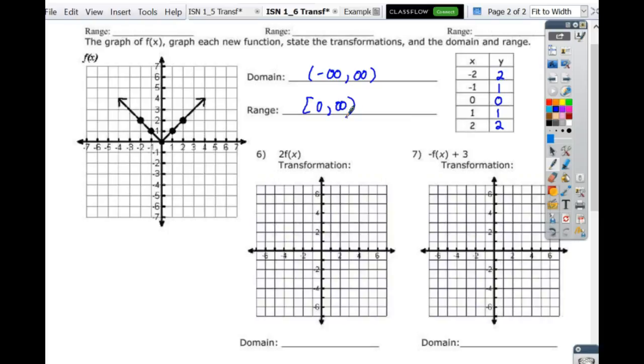Now we talked about if it was outside the parentheses, is this an x or a y? Y. So I'm going to multiply the y column times 2. So when I do that, I don't change my x's. So again, notice what happens with the numbers. They're still the same because it's still symmetrical. So when I plot this,